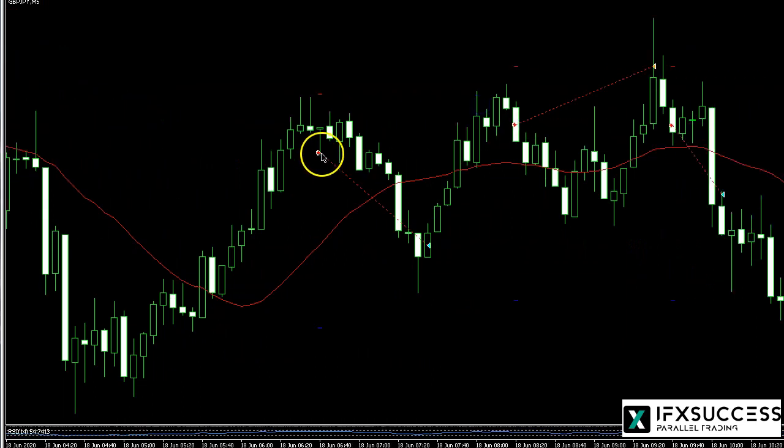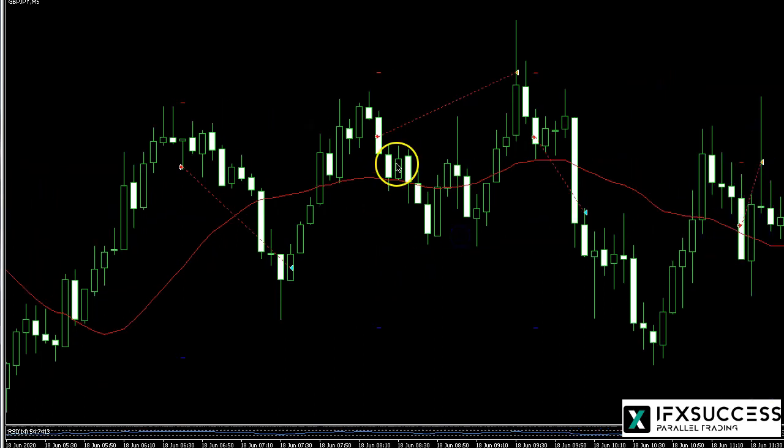Then right here we had another nice move, all the way from here all the way down, and on the other one, we got an entry very late, somewhere around here. So if you would have entered here, then you would have entered here, but you would have missed a lot of good pips. So this one is also taking the trend of the market, but